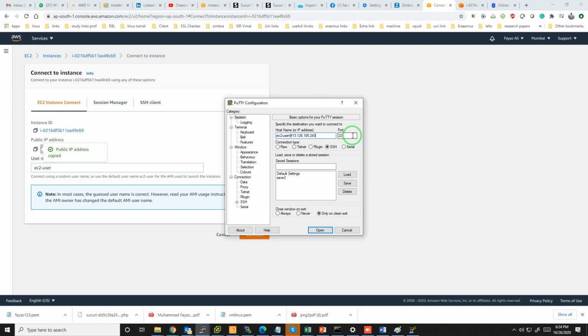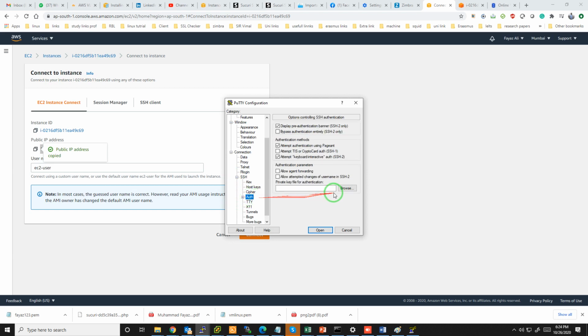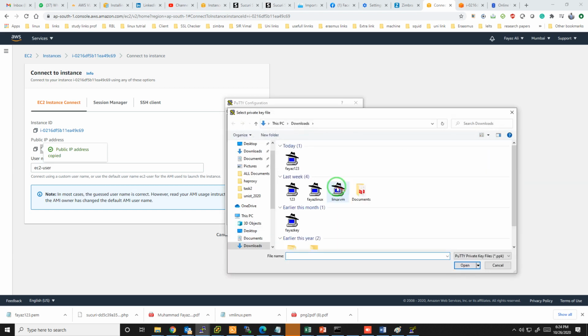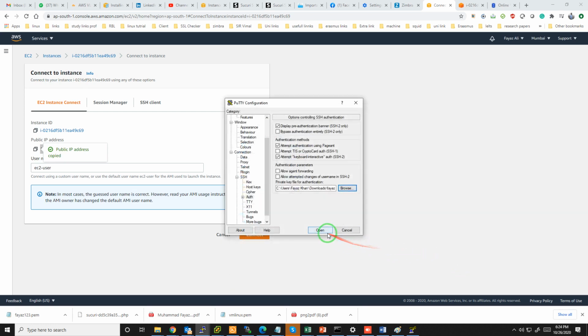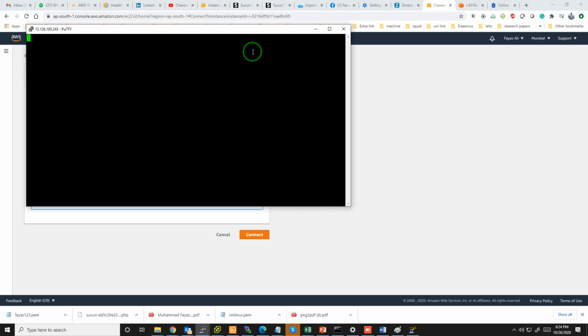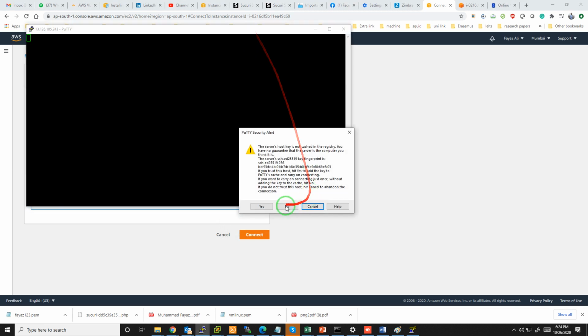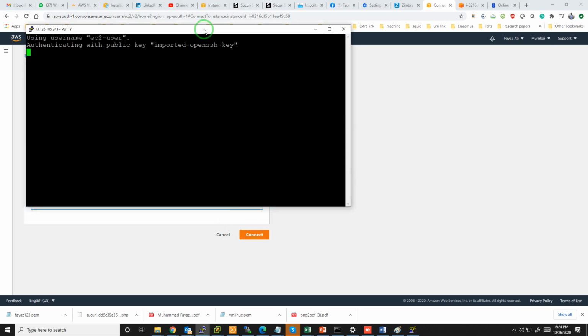You can change it if you want. Once you have entered the host name, or the IP address as we are using here, go to SSH and then Auth, then provide the ppk file you created. Select that file, hit the Open button, and it will connect to your EC2 instance.